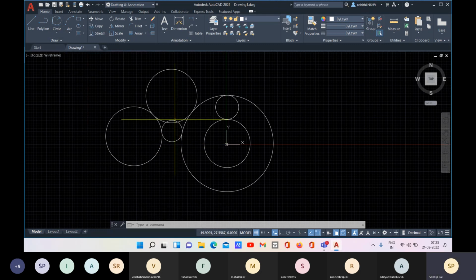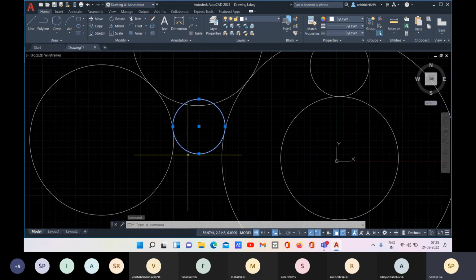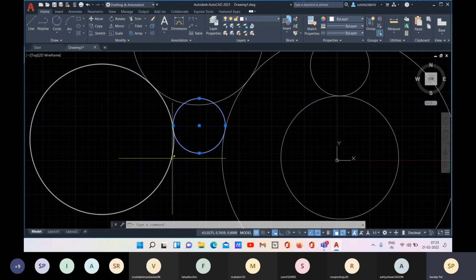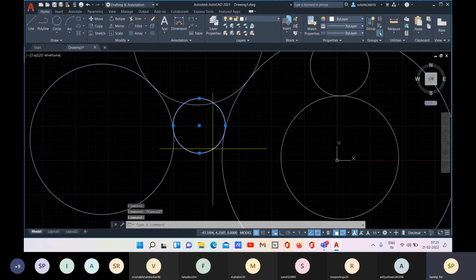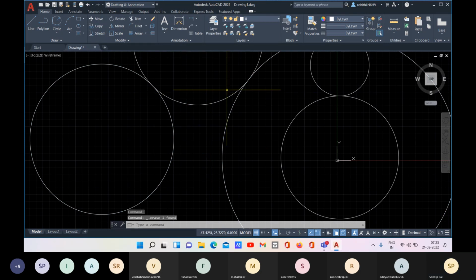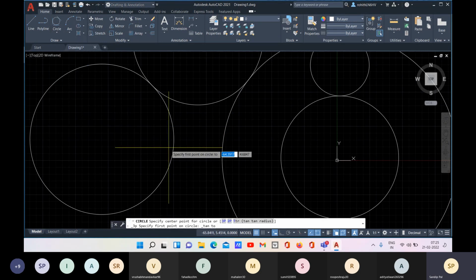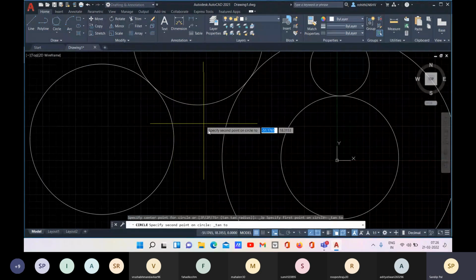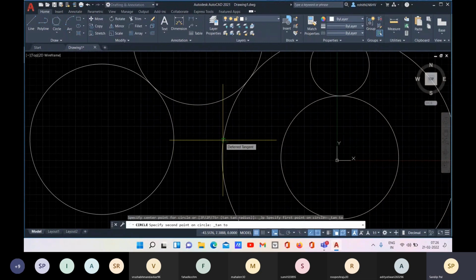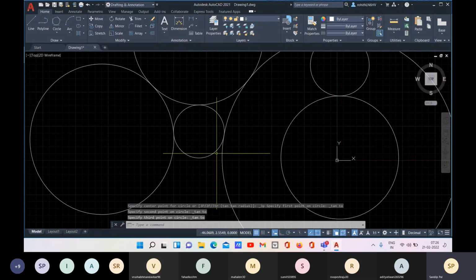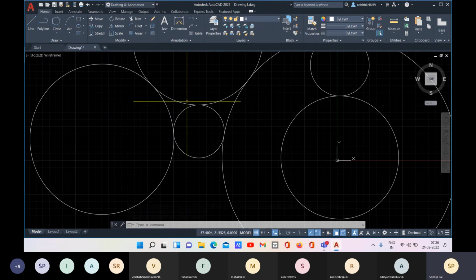Now we have another option. Now as I place this circle, making tangent with this circle and this circle. But suppose I need to tangent all these three circles, then I have this tan. So first tangent object, second tangent object, or this can be second tangent object, and this third. So for specifying your tangent object, it doesn't require to be in sequential order.